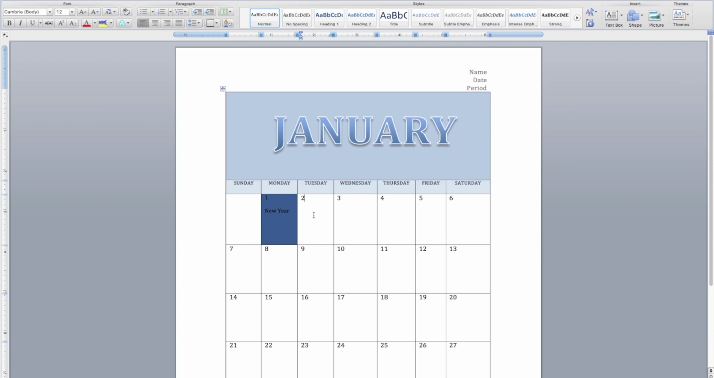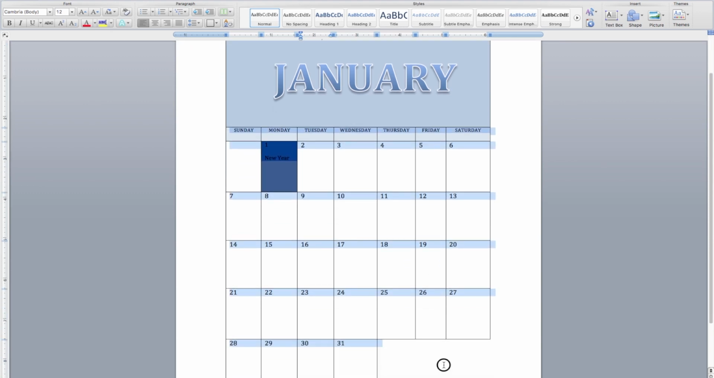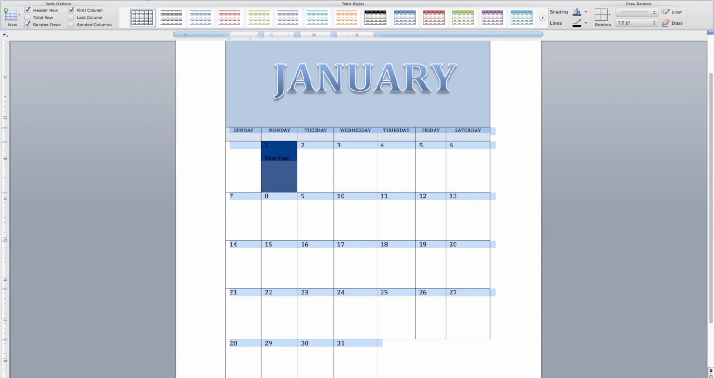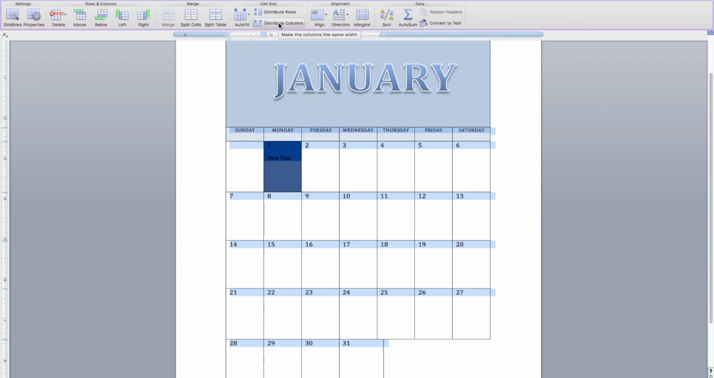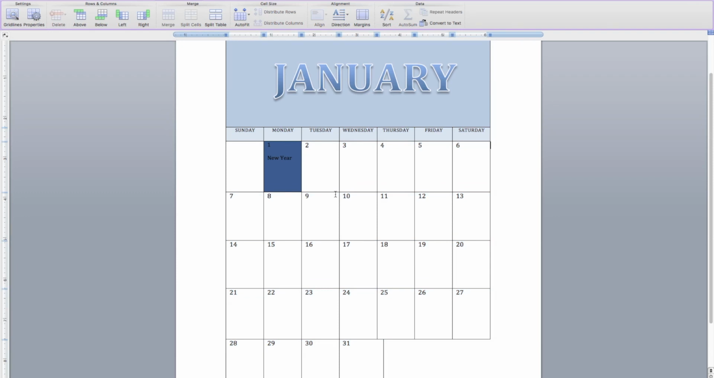So now what we want to do is get all the columns the same width. And to do that, we're going to highlight the whole table from the top all the way to the bottom. And then we're going to come up under the table layout tab. For me, you're going to go to distribute columns. And when you click that, it makes all of the columns the same width, except this last one, because